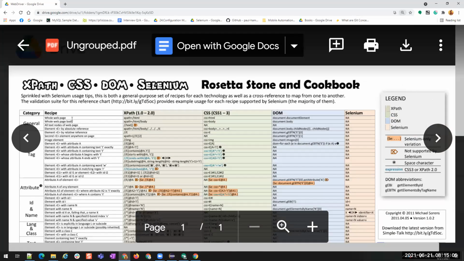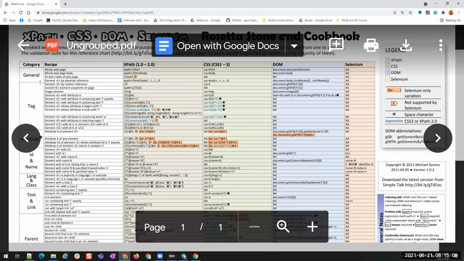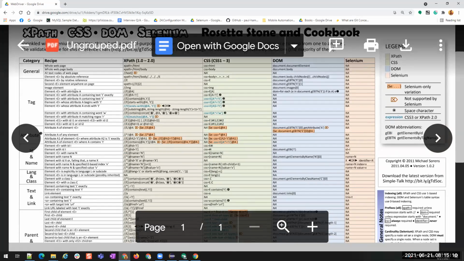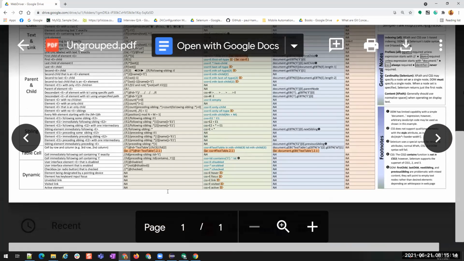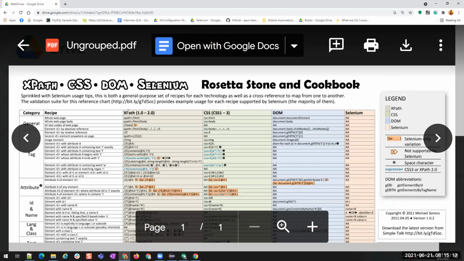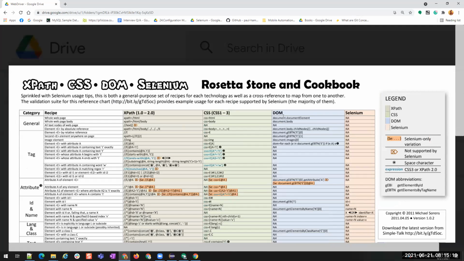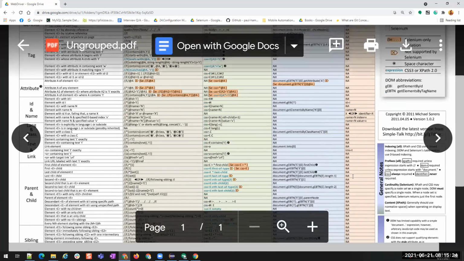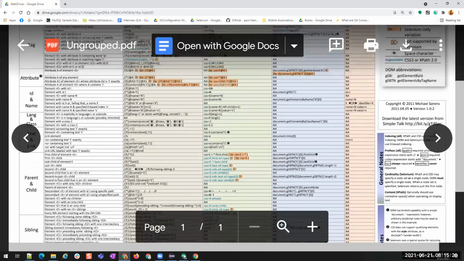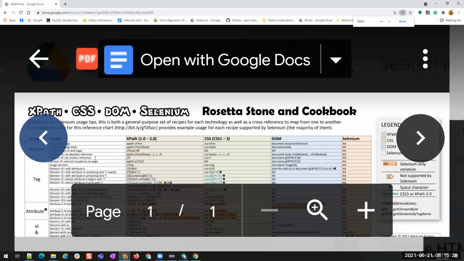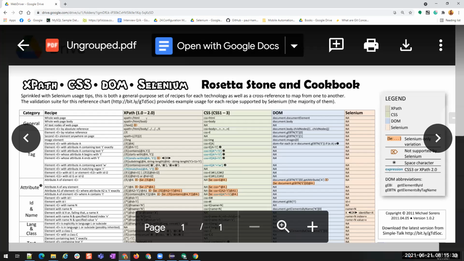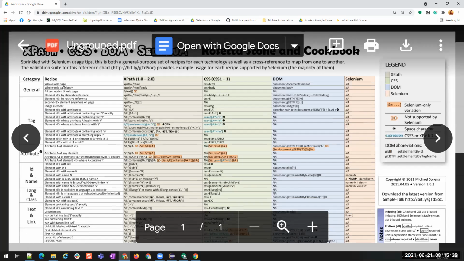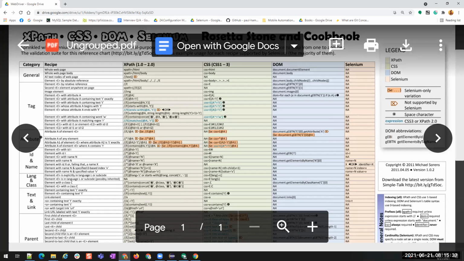You see here, in this PDF they have clearly laid out how we find an element and using what attribute. If you want to find an element using its XPath 1 or 2 and CSS 1, 2, 3, and then the document object model, and in Selenium if we have any specific method. Like this, they have given the criteria. If you want the whole web page, then like this. Here is the recipe. I mean, what is the scenario that you are trying?